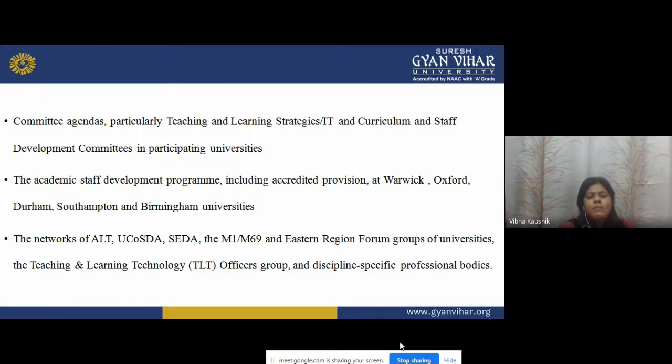The academic staff development program means the different programs will be implemented related to the curriculum and related to the dissemination of the curriculum and the development of the curriculum, including aggregated provisions. What are the aggregated provisions? At Birmingham, Oxford, Durham, Southampton, and Birmingham universities. These are the universities where the academic staff development programs have been continuously organizing the dissemination of the curriculum and